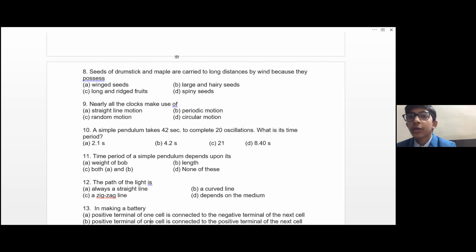Ma'am, the screen is not visible. It's a periodic motion, and the rest of this mock paper, children, we will take tomorrow. Okay. Screen is visible now, ma'am. Ma'am, the 10th one would be 2.1 seconds. Children, in this question the digits have been changed. The rest of the question is the same as in your book, only the digits have been changed. So you have to take care of this also. Rest will be continued.